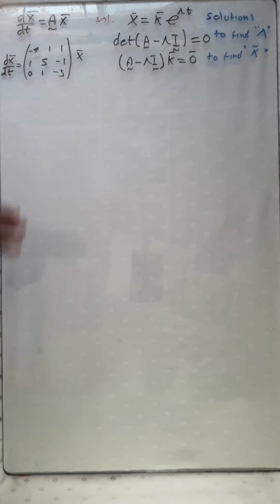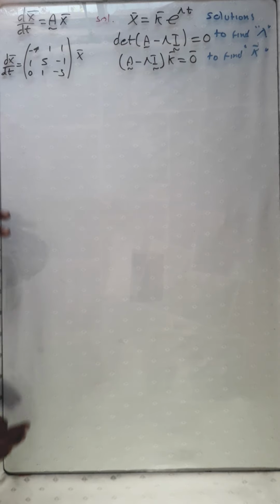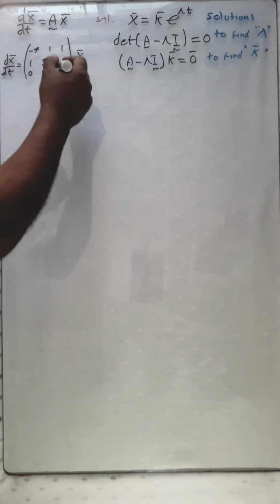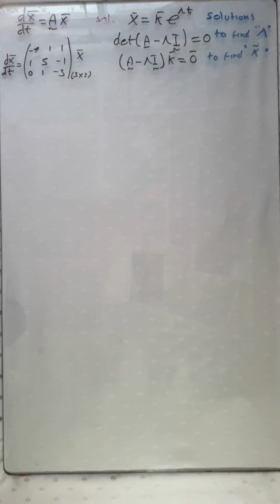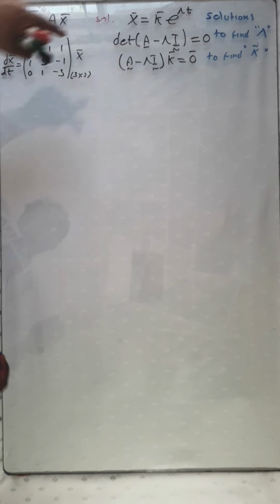Now this is a case of 3 by 3. This is a very long problem, so I may not have the space to find all three solutions, because this is 3 by 3, meaning that we have to find three solutions. So let's see if we have space to find at least the first solution. Okay, so we start with this,